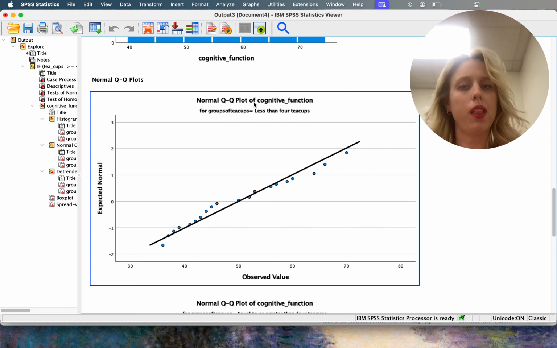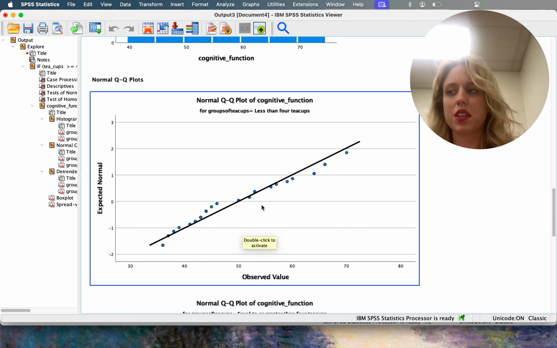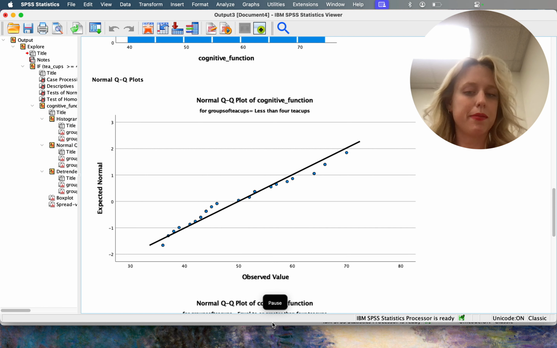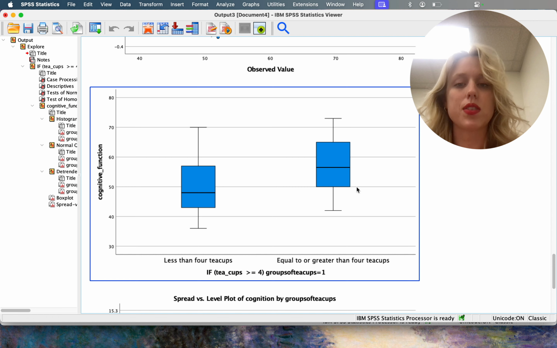In the QQ plots of cognitive function, you can see normality with the graph because it is close to the middle of the line. And these box plots are showing that there are no